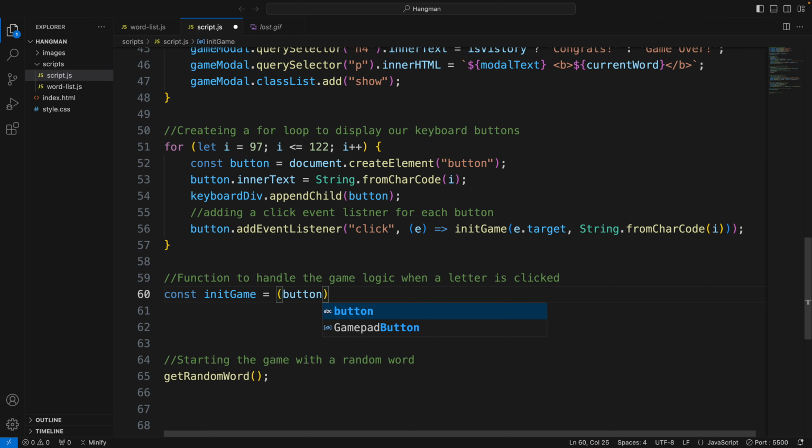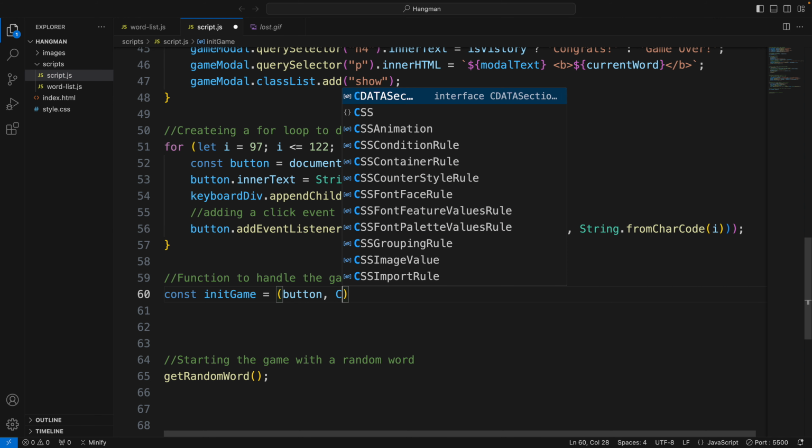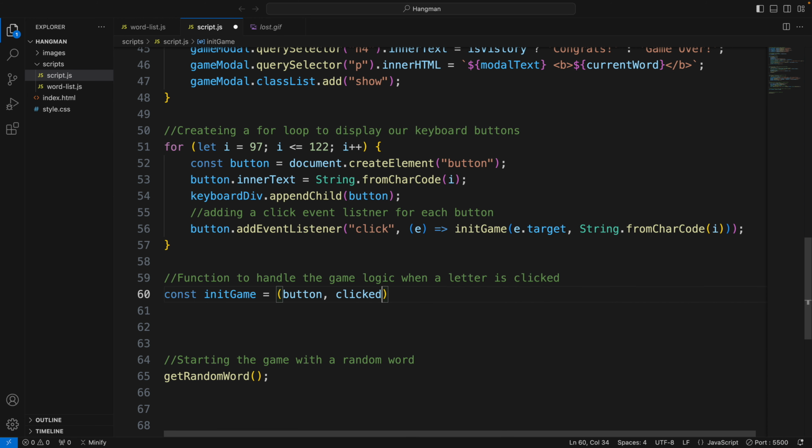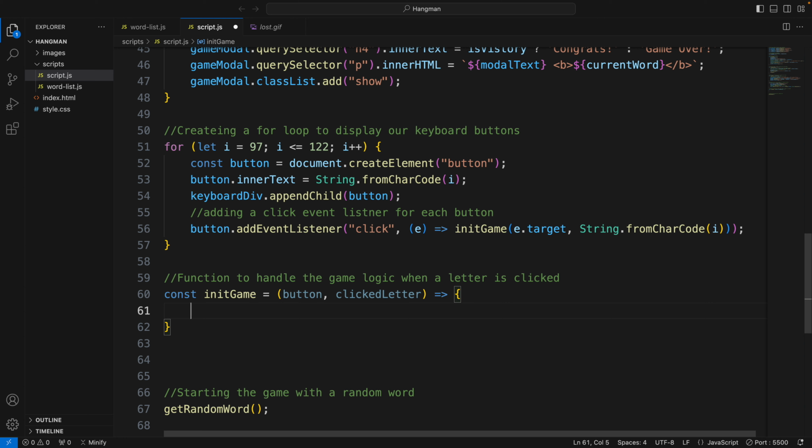That is good because you need that in an AP project. Button and clicked letter, and then equals, and curly brace that. All right, so inside our function, the first thing that we're going to do is add